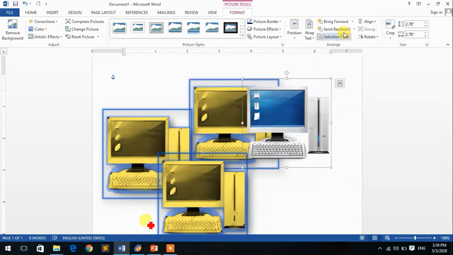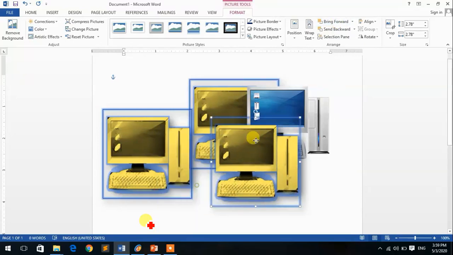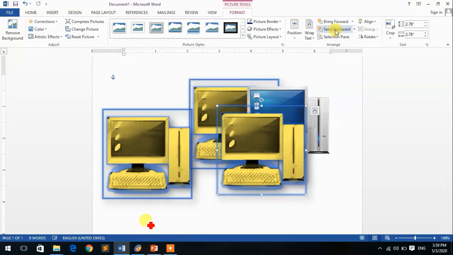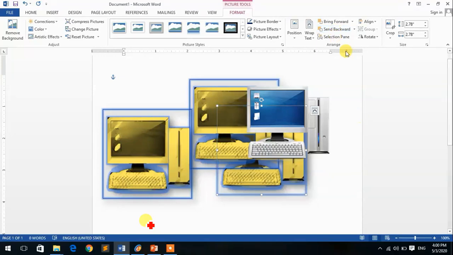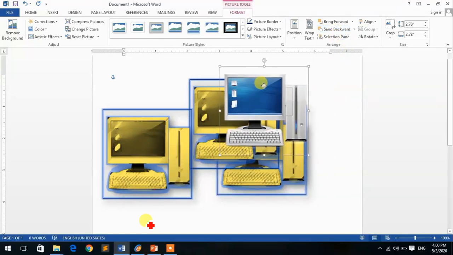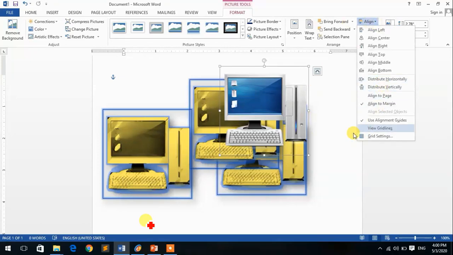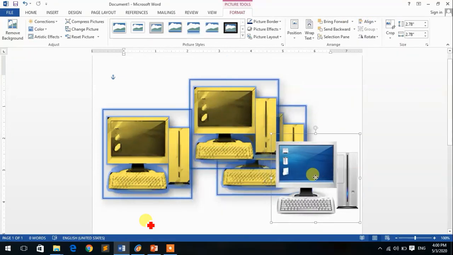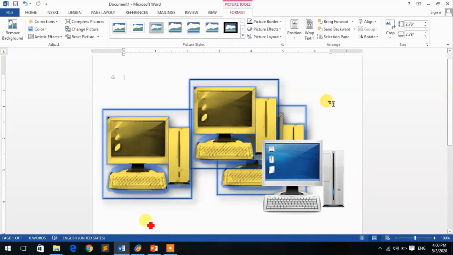As you are seeing, text image position means forward, backward. So whatever the image you want, you can use that and you can put it backward or in the middle with the text or images.